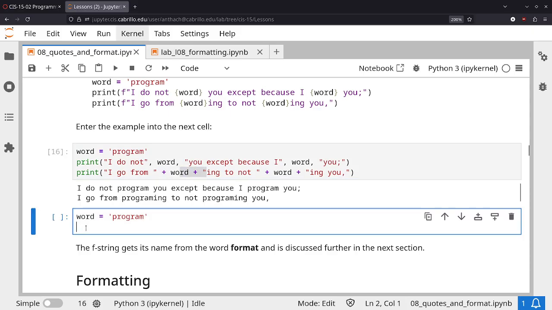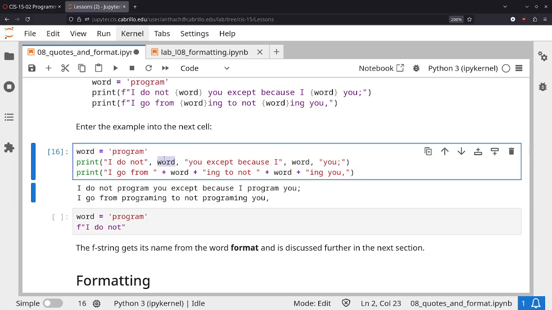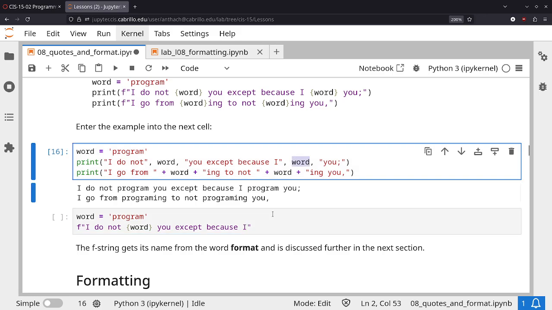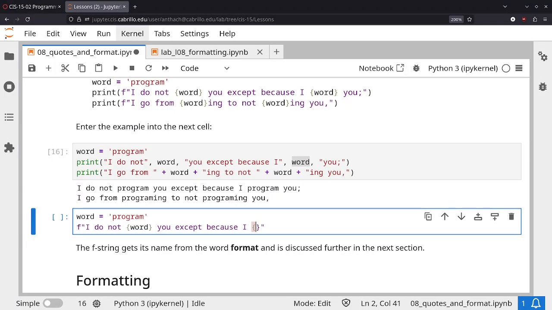So we could do the same thing, right? Like we could just represent an F string and say I do not, and then word. All right, this is a variable. So if we want the result, we need to put these curly braces. All right, I did not word, and then you. So let me put a space here, because I, and then another variable. So you can put another variable in here, and then space u. All right, so there's our single formatted string, and let me go ahead and print it,